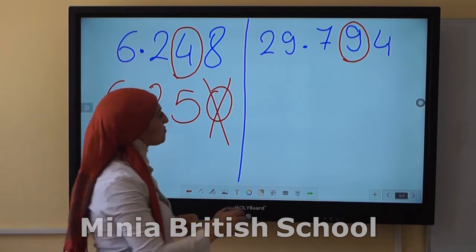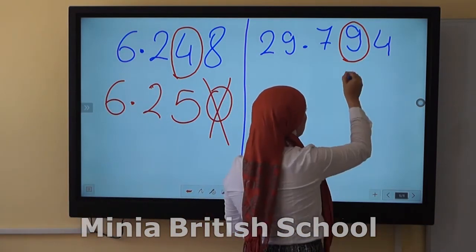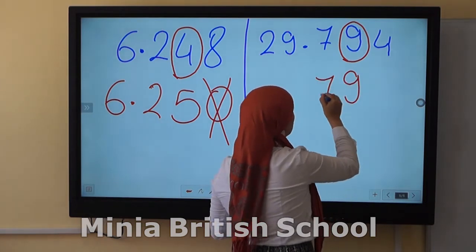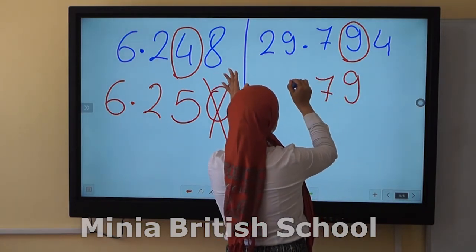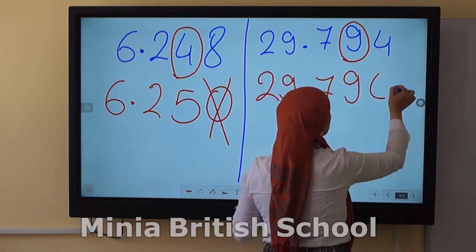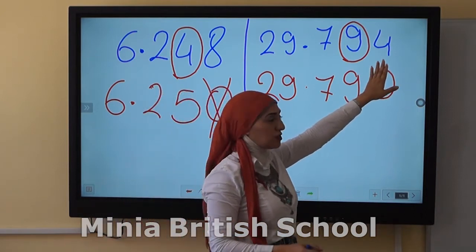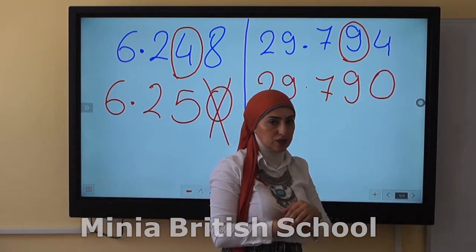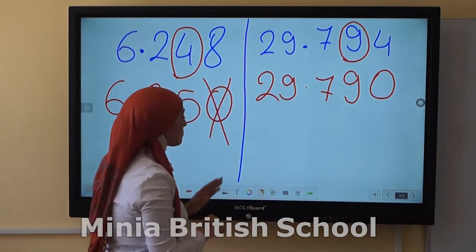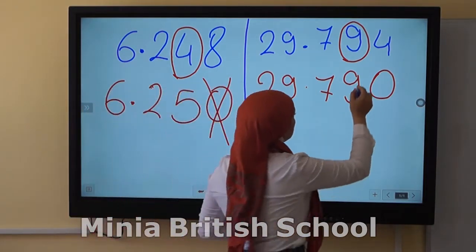Okay, here, this is weak, so it can't change this one. It will be as it is, and every digit on the left will be as it is, and this will turn to be 0. Also here, I don't need to write this 0. It has no value, okay? If this 4